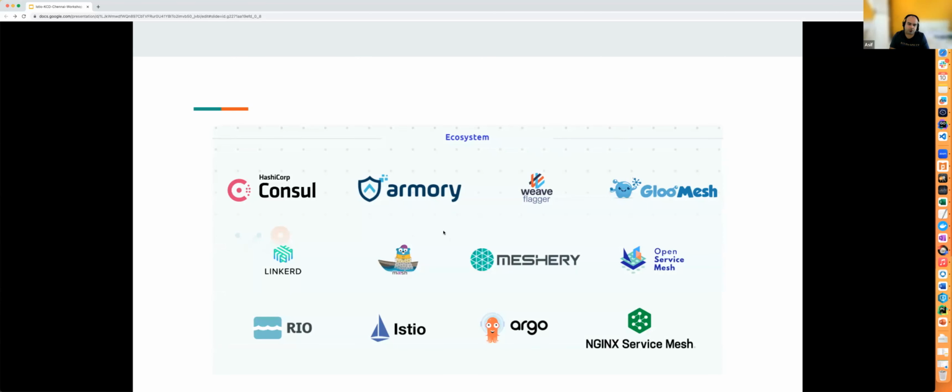Say if today you are running your service mesh using Meshery, and tomorrow you feel Meshery is not a good choice and want to move to Linkerd. The CRDs and the configuration remain the same. You just need to do a simple configuration change and you can start using Linkerd. This way we try to resolve all the challenges we addressed before in the SDKs or in the service mesh.